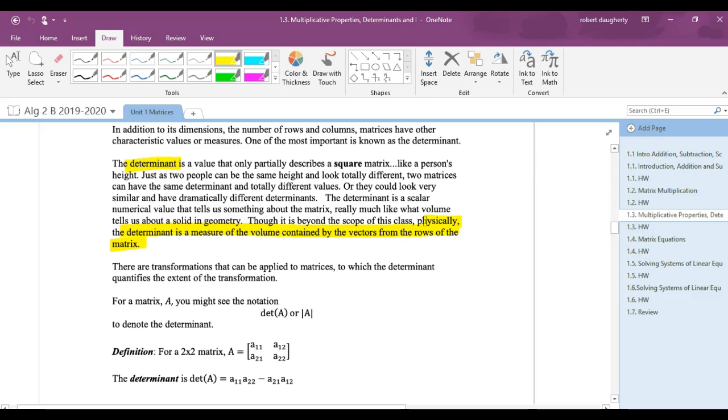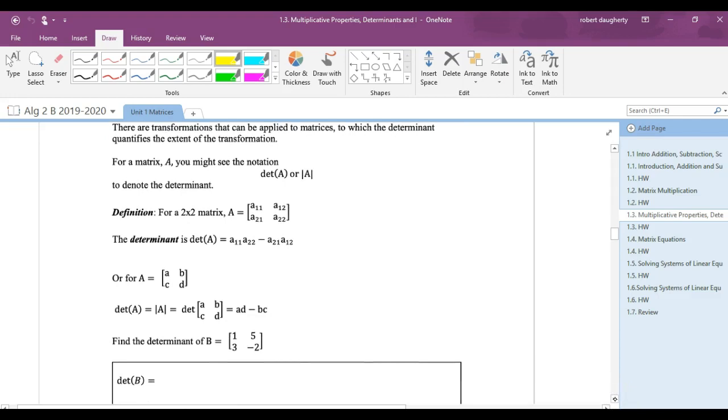So let's talk about how we find the determinant for a 2 by 2 matrix. You can only find the determinant of a square matrix. You will never be able to find the determinant of a matrix that's not square. So this only works on square matrices. For a 2 by 2 matrix, this is the notation we're going to use. It's either going to be DET, that means the determinant, or if you see the absolute value signs around a matrix, it doesn't mean absolute value, it means determinant. This is just an example where in math, we run out of symbols and we keep using the same thing over and over again. So when you see what looks like absolute value signs around a matrix, it means